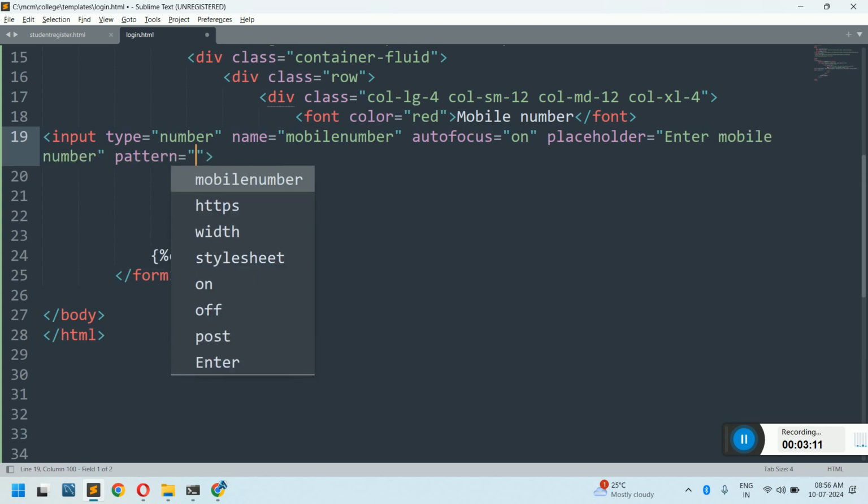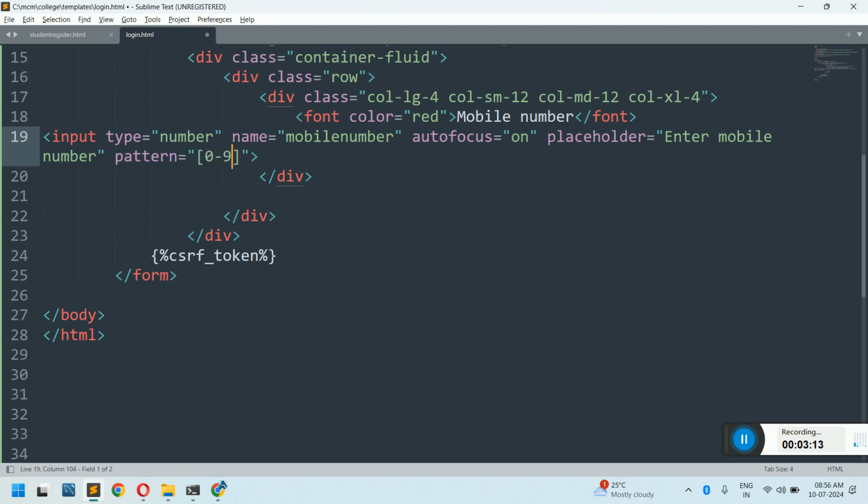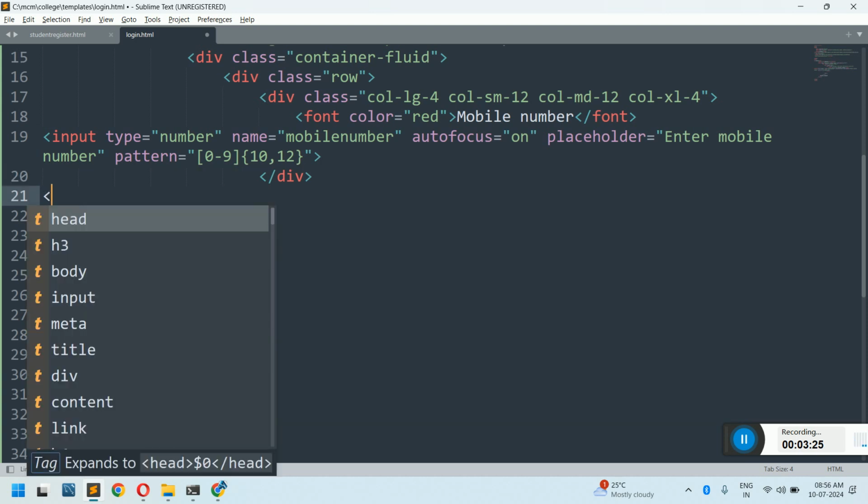You can give a pattern property in this. I want 0 to 9 to be allowed, nothing else, and it can be from 10 digits to 12 digits in this case. Save. Now, next, after this, one more division tag,